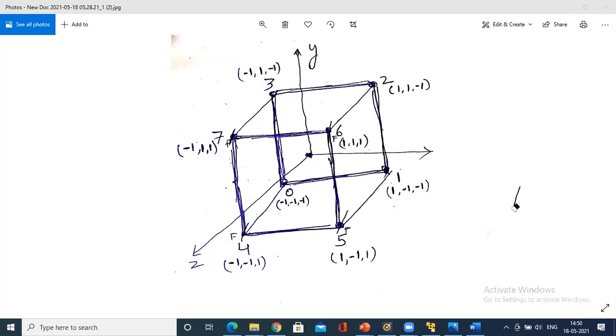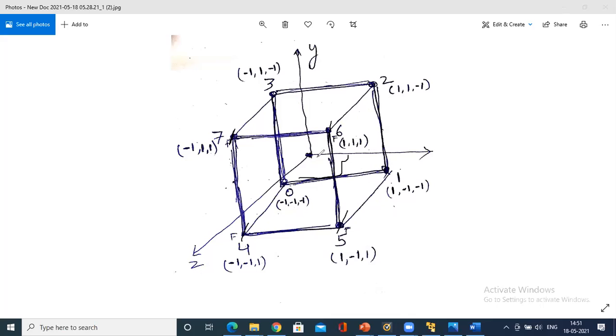Now you could see the faces. Let me go fast. I can represent these vertices with numbers: 0, 1, 2, 3. I follow either clockwise or anti-clockwise direction, so let me go with anti-clockwise. I'll read like this: 0, 1, 2, 3, then 4, 5, 6, 7.